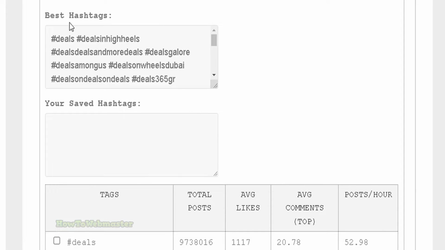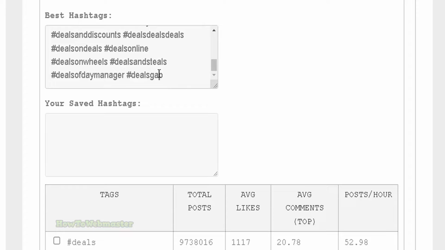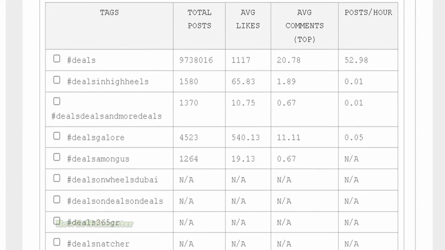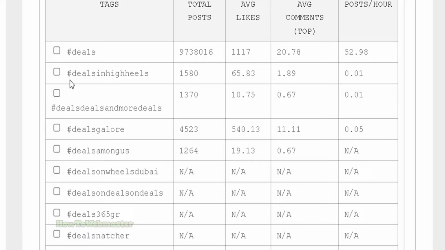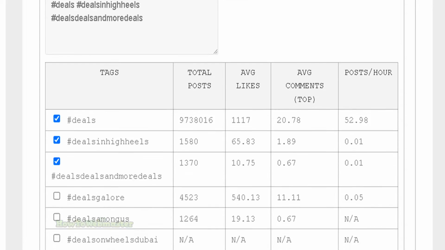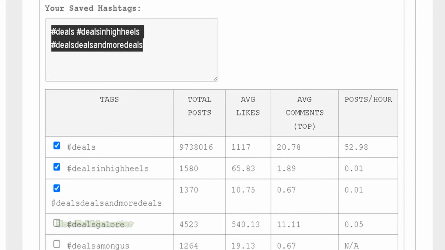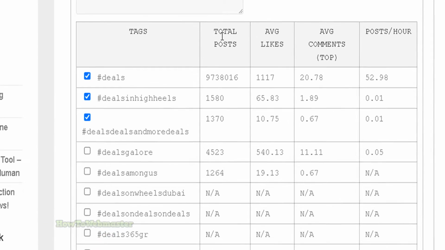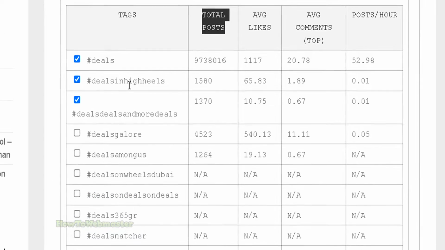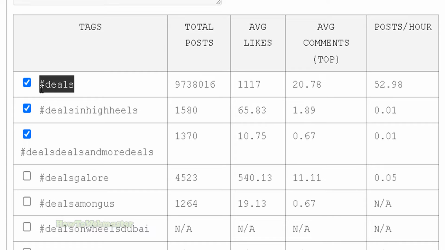So it found 30 of the best hashtags for you to use, and you can easily copy it, or you can go down here and see the hashtags right here, and you can check these boxes if you want to add it to your box right here for you to copy and paste later. And here you will see the total number of posts for each of these tags. So the one that you've entered is right here, and then you can see the average likes for these posts with these tags, and average comments from the top posts, and about on average how many posts per hour with